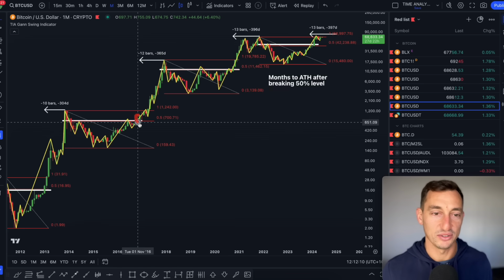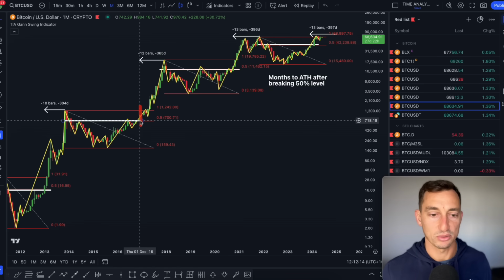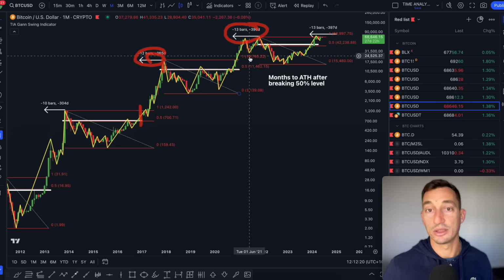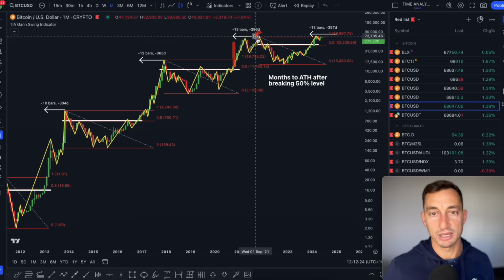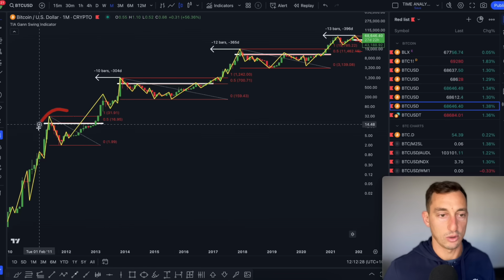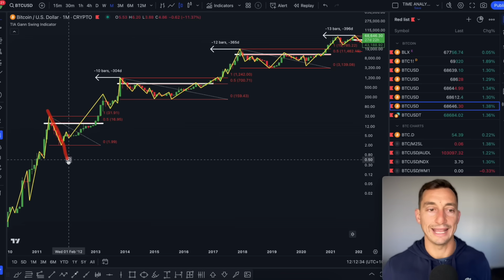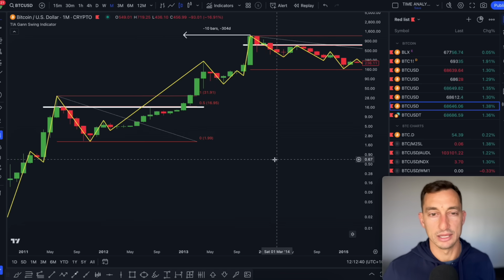It broke the 50% here, and this was around December of 2016, and it lasted for another 12 months into that peak. Using that same theory here, we're just looking at some rough timeframes. That's 13 months into that final peak. And then the 50% on this correction here, which is the previous data that we had, was about 10 months. So although it wasn't the end of cycle bear market, I still wanted to use it